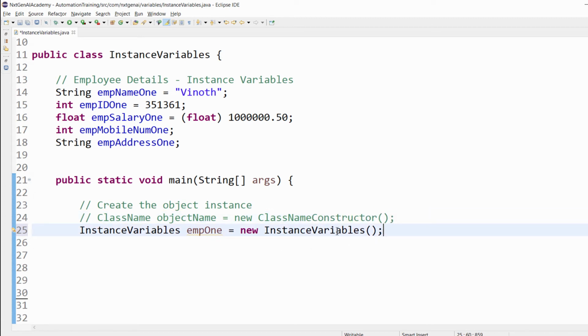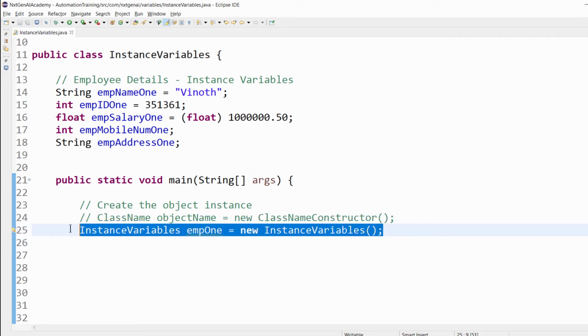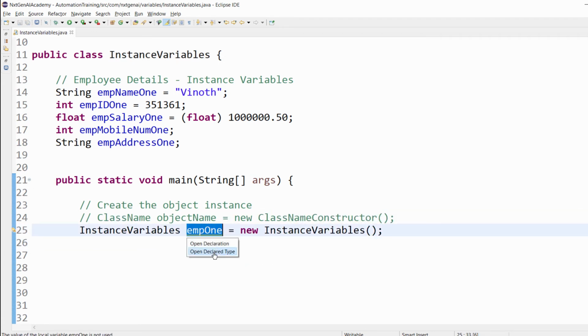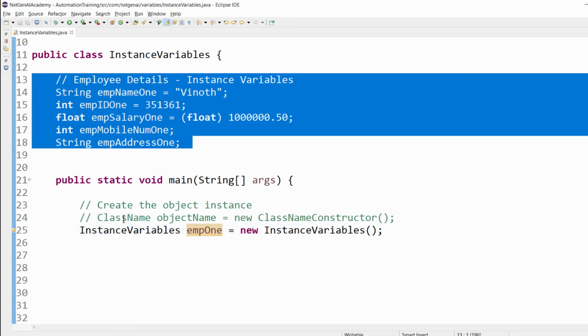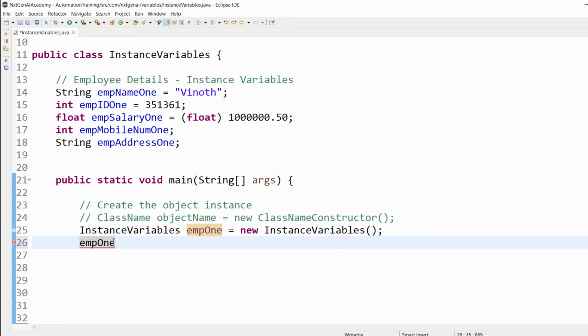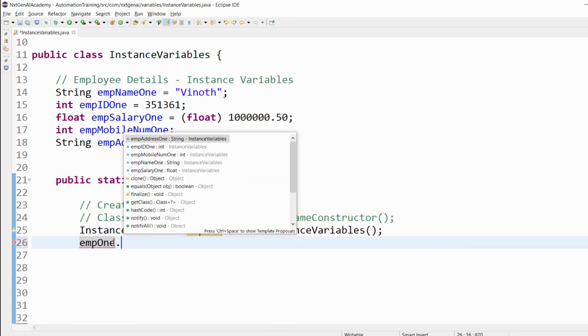For the time being, just give the class name and brackets like this. This is called the class name constructor. So once we create the object instance, now with this object we are able to access all these values. You type that object name dot, and it will display all the variables we declared in this program.